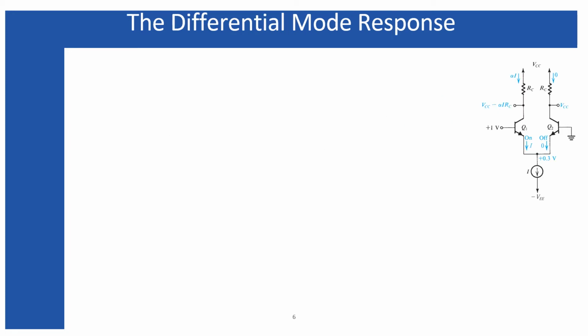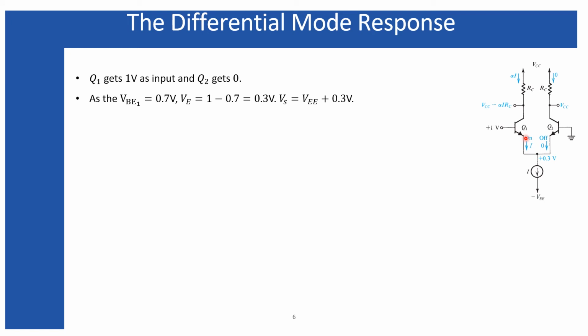Now we will examine the differential mode response of the differential amplifier. Here you can see this differential amplifier, one of its inputs is connected to ground, whereas the base of the transistor Q1 is connected to plus 1 volt. As the base to emitter voltage of the transistor Q1 is 0.7 volt and the base is connected to 1 volt, transistor Q1 turns on, because the emitter voltage, we know, is the input voltage minus the base emitter voltage, so the emitter voltage is equal to 1 minus 0.7 volt, which is equal to 0.3